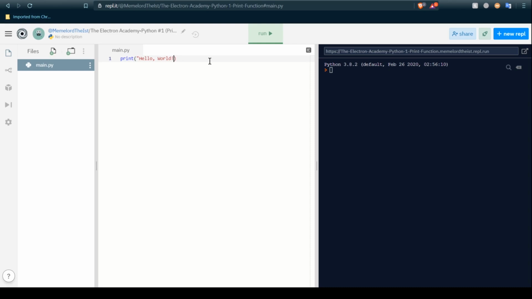So let me just go ahead and remove the string over here. Now printing out whole numbers or integers is actually very easy, and you can just do that using numbers normally without specifying the quotation marks. So if I make another print function over here and I just write the number 87 like that,